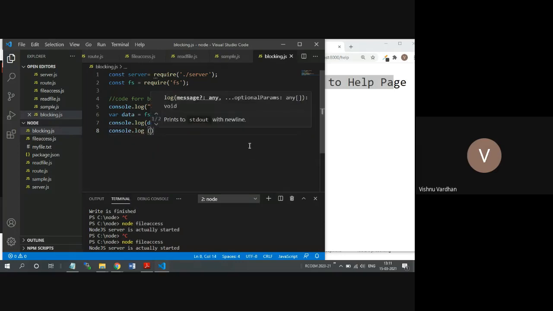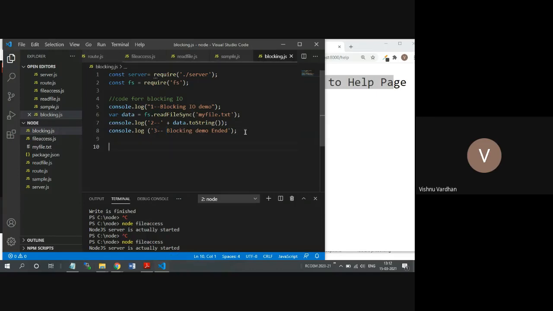And finally, in the fourth step, we can print that, like first step. Then this is the second step, only to differentiate and clearly understand what is actually happening. Then in the third step, concatenate this, and we will write blocking demo ended. Okay, so in that way the steps are clear: first, second, and third. Let us see what happens with this.